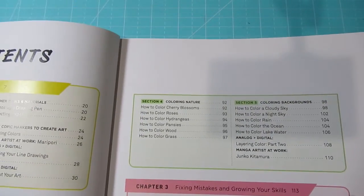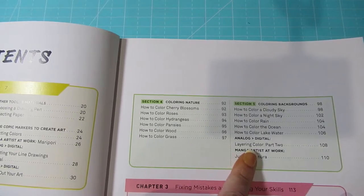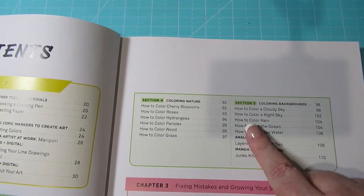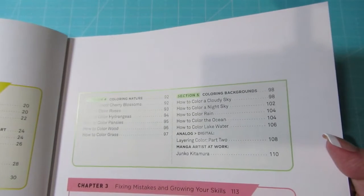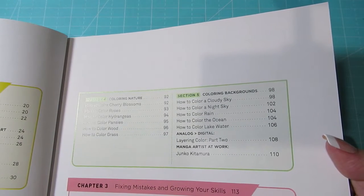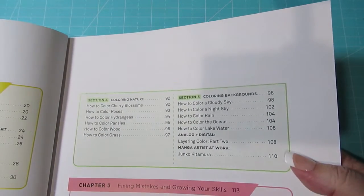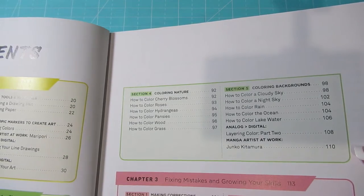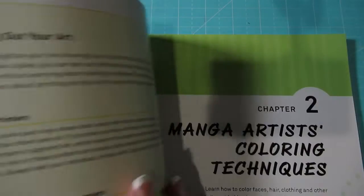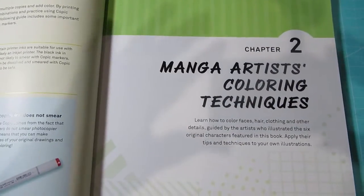And then it goes into colouring nature and colouring backgrounds. That's the one I'm really interested in too, is colouring backgrounds. And that's about how to colour a cloudy sky, night sky, rain, ocean, water, lake water. And it also has cherry blossoms, rose, hydrangeas, pansies, wood and grass. So this is one chapter that I'm really looking forward to